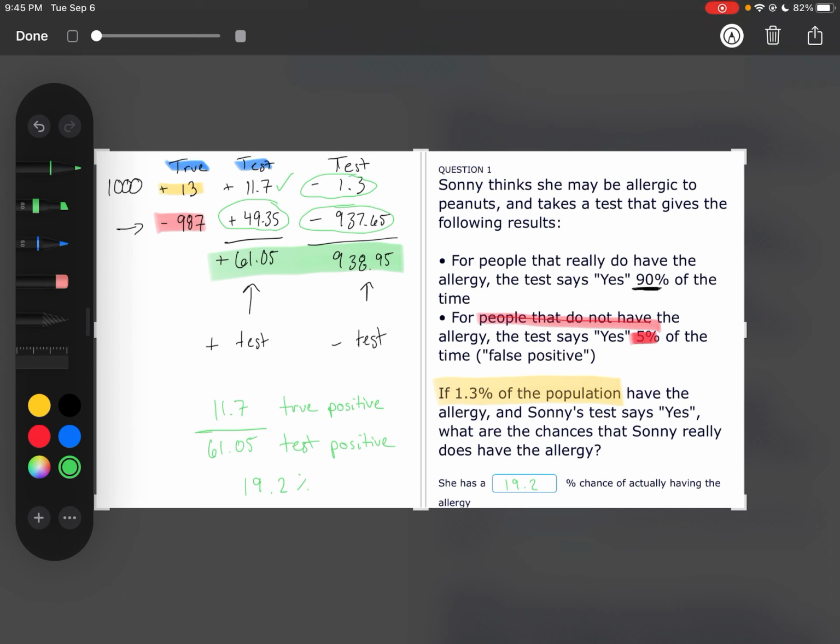The second question, you'll actually use the exact same table that we just made. So if you took good notes on this video, this should